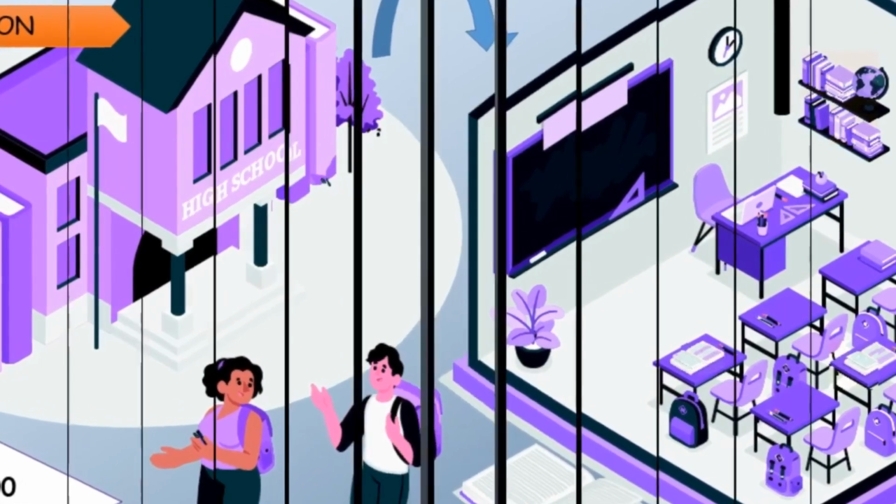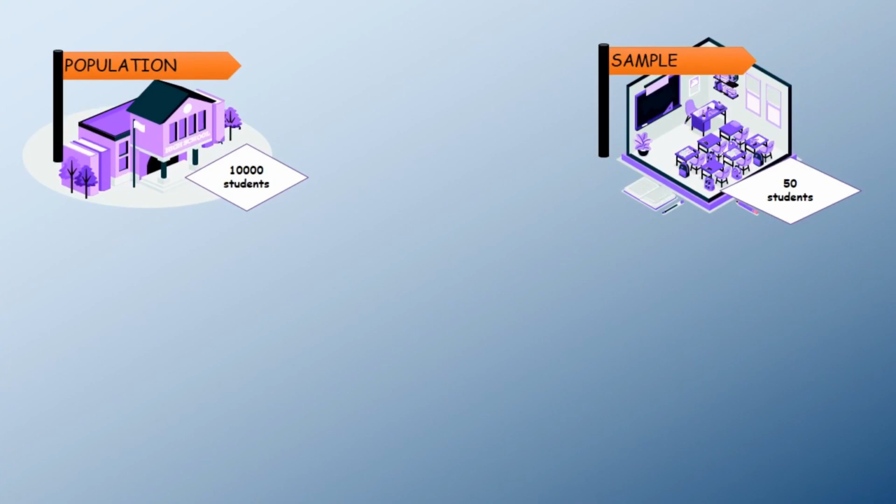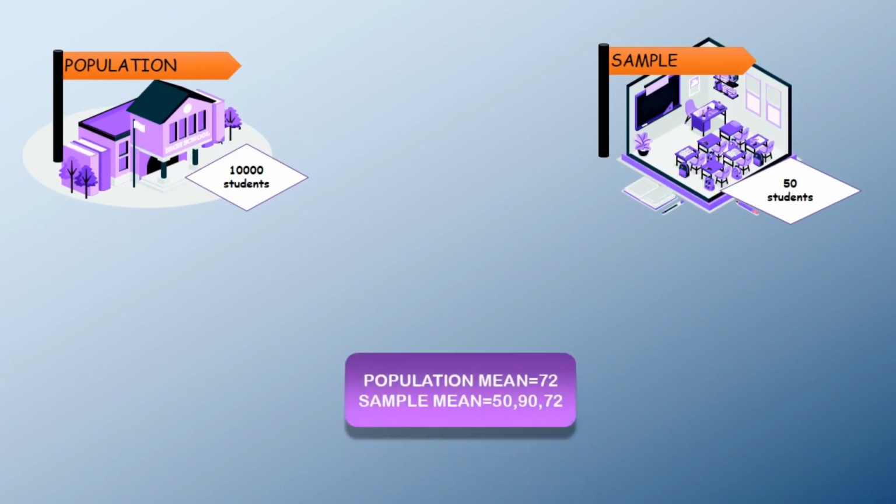Now, if we take population data for calculation, then the results will be the actual answers. Whereas for sample data, whatever results we get, such as mean, standard deviation and variance, will be representative of the population. But you cannot say that these are the exact results that we will get from the population. For example, suppose the population mean is 72. Depending on how each class has performed, in the previous example, some classes will have an average score of 50 or some will have 90. Maybe one class would also have a mean of 72. But that's not always the case.